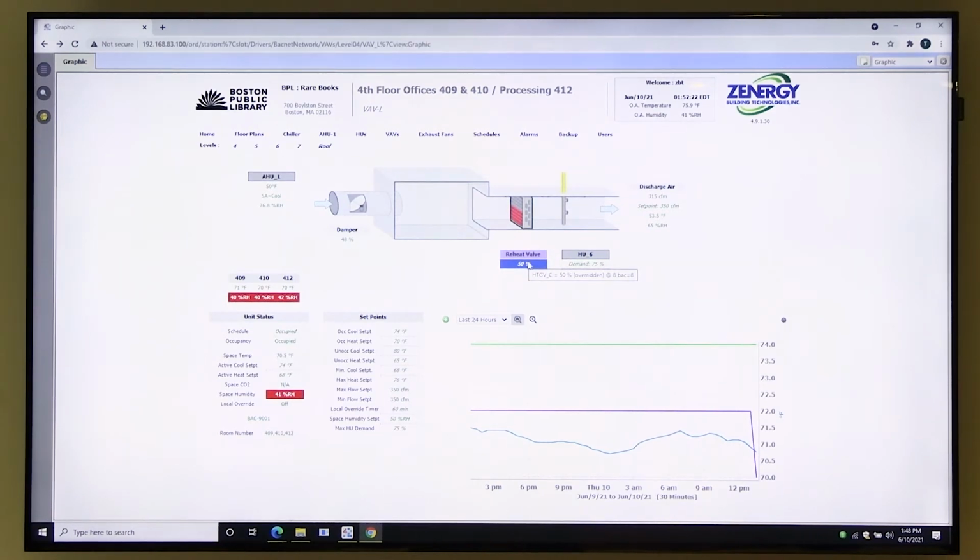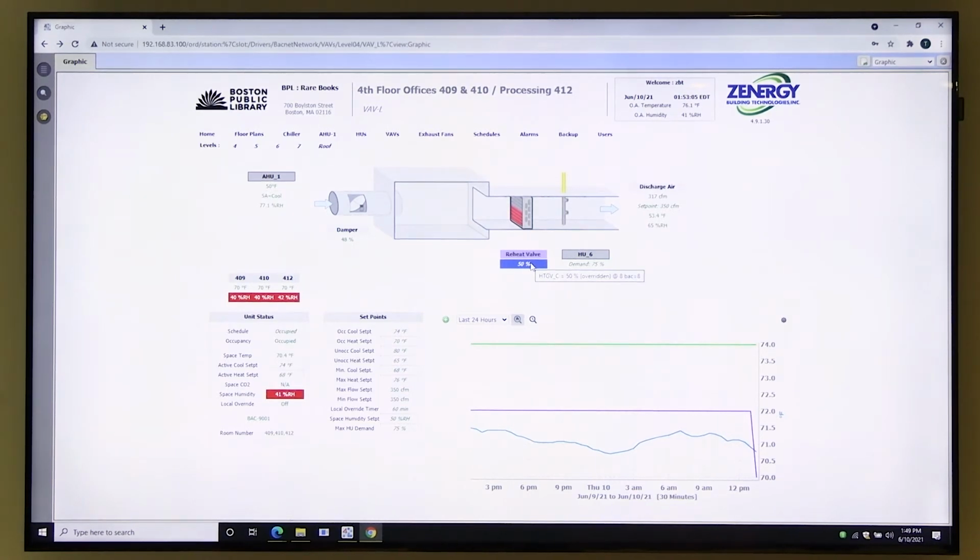So some user came in and manually set that to a specific thing. When you override something, the logic is no longer part of the equation. So any kind of programming, safety, or whatever associated with that piece of equipment is no longer a part of the puzzle. So you just have to be careful with overrides, just to make sure that A, you know what you're doing, and B, that you remember it so it doesn't become an issue a week